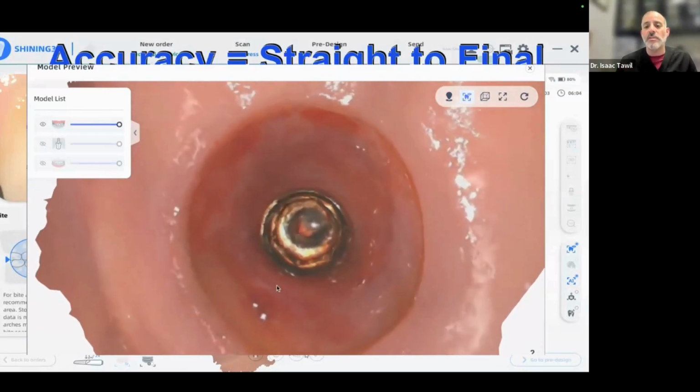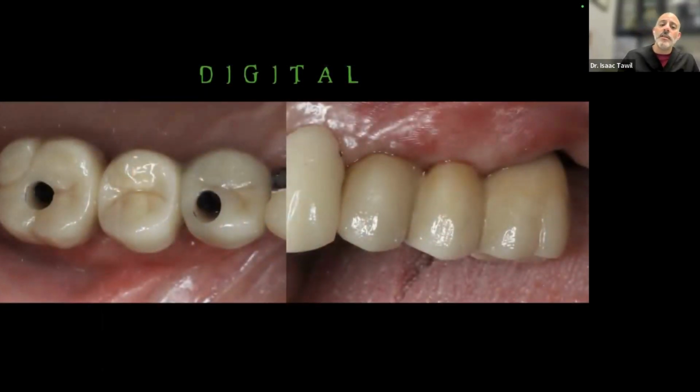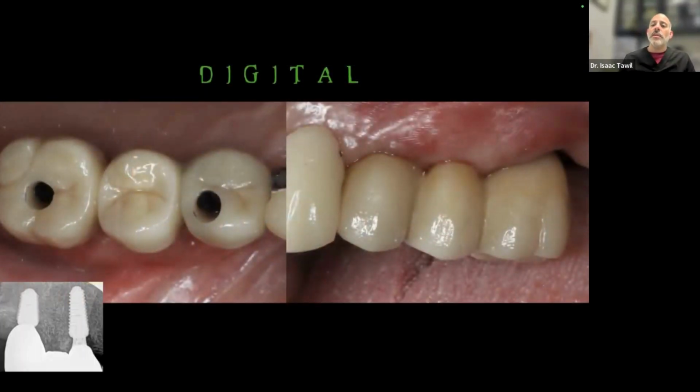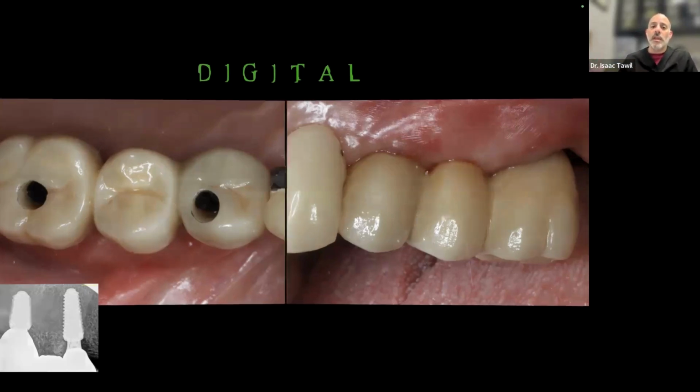Obviously, we use scan bodies, but you can just see how well it captures the sulcus so deep into that area. And we're able to go directly to the implant fixture with this device going with a 3-unit bridge. I wouldn't go more than 3 units. I don't believe that you can capture accurately more than that, but we can be truly digital. We did this case modelless, and we are able to make a 3-tooth fixed partial denture, screw-retained with engaging abutments. You see on the lower x-ray there, the hexagon has not been removed. It is in there, and it was engaging that conical connection as well. So that shows me that the scanner is pretty accurate, but only for a limited field. I wouldn't go more than that.